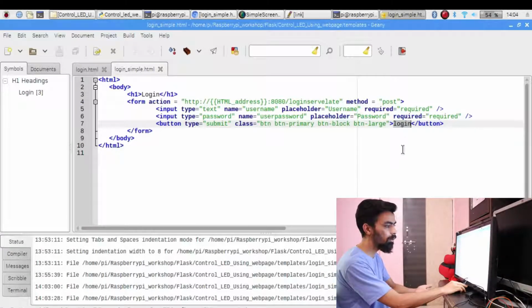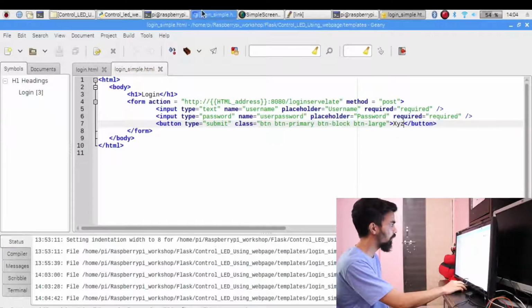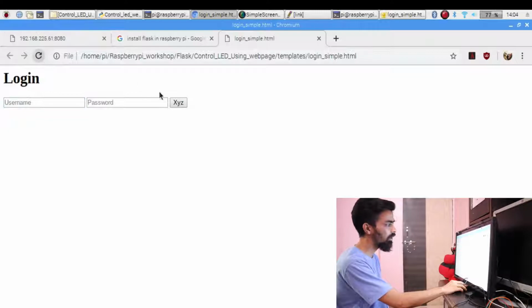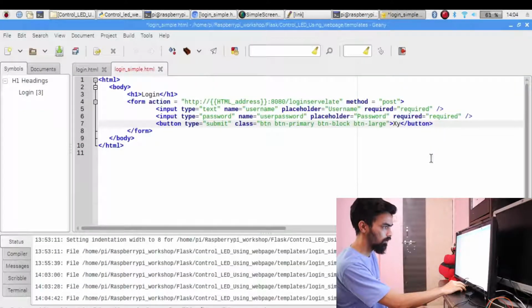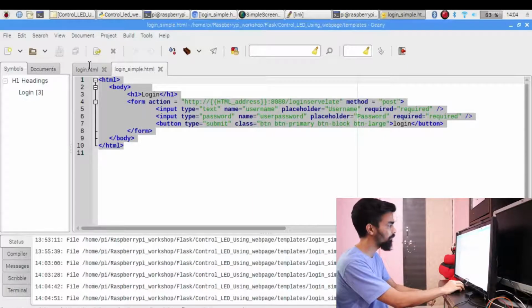So login is the name of the button. If you change the name to something like XYZ and press enter, and reload the page, you can see the name changes. So this is the basic design of any login web page in HTML.